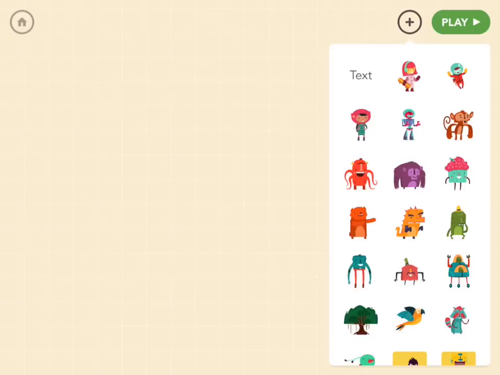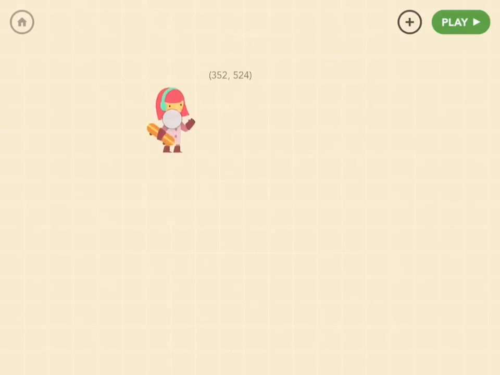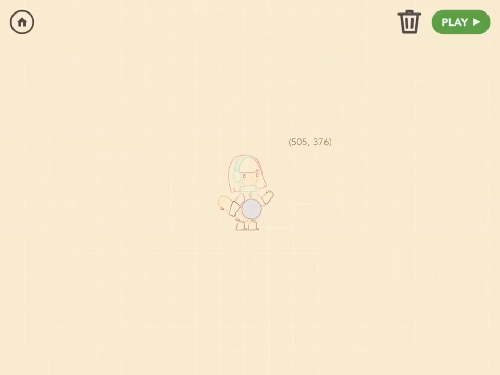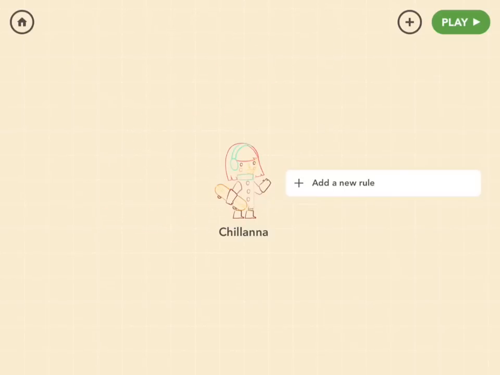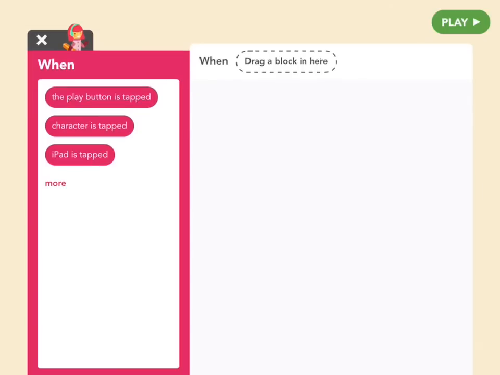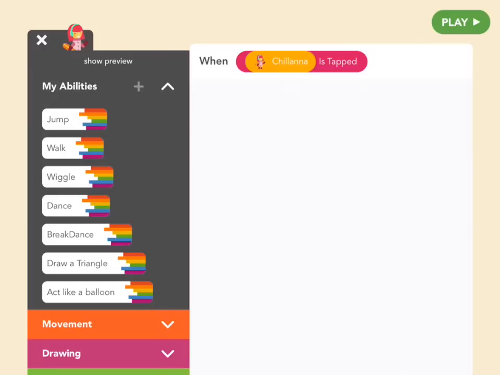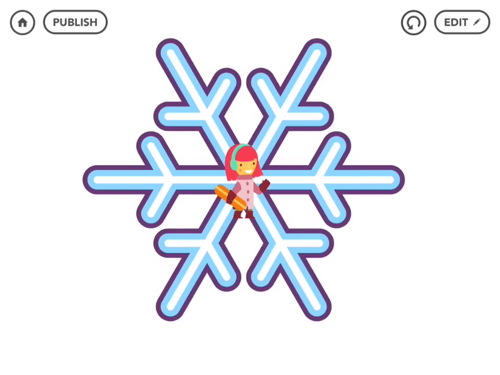So you're in the editor. Now tap on the plus symbol on the top right corner and you'll see the characters. And I'm going to pick Chalana because she's used to cold climates. So I want to give her a rule. So add a new rule. And the rule says that when I tap on Chalana, so when character is tapped, she's going to draw this